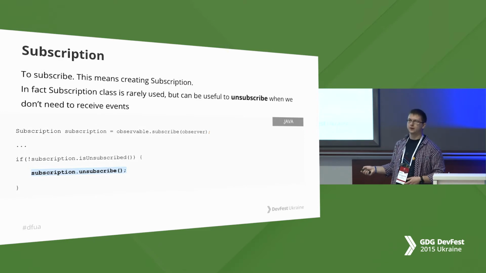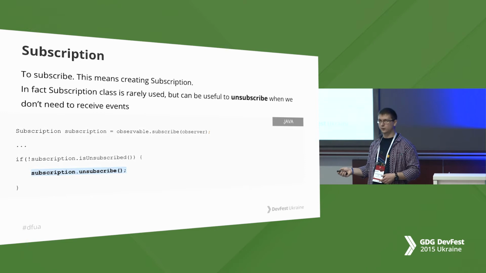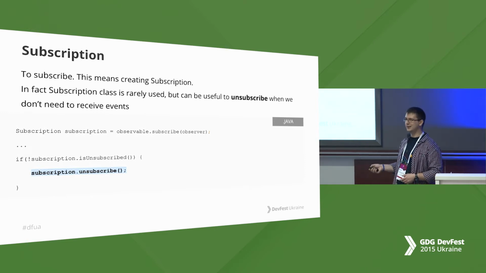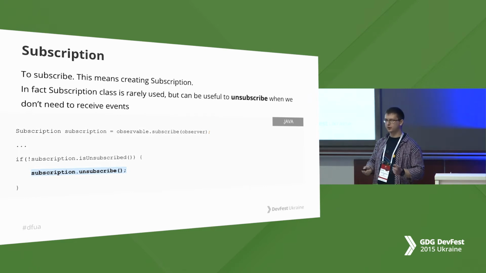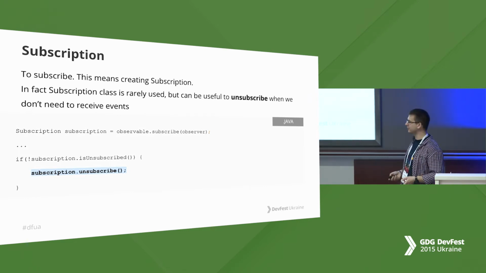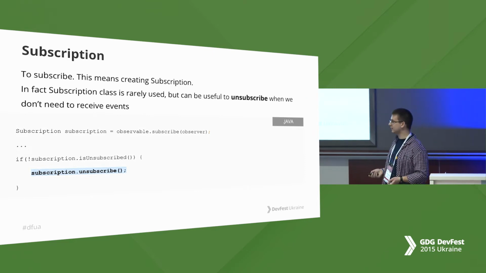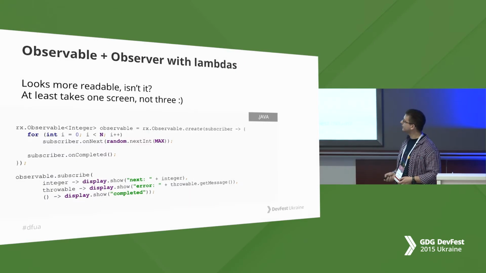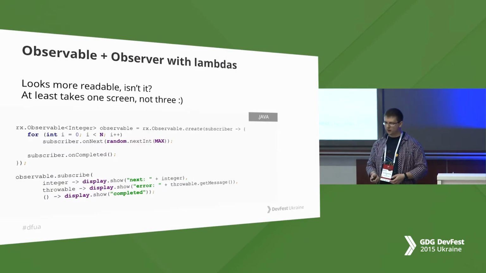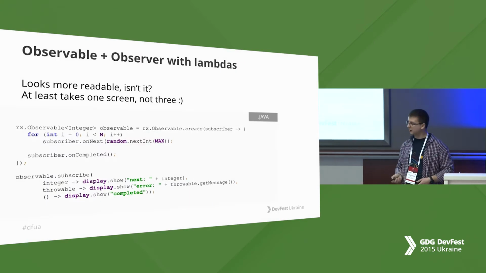It's very useful, for example, for working in activities in Android, because when we destroy an activity, we should not lead to a memory leak. We should unsubscribe. We should close all our connections. We should not keep a reference to something in memory after it is already destroyed. Okay, so we joined everything.